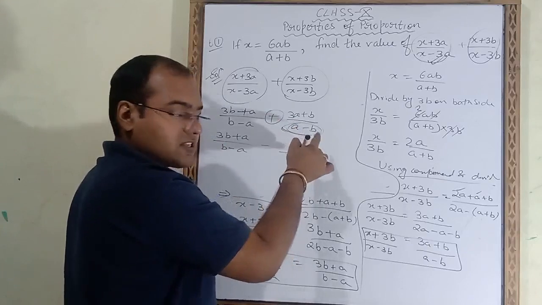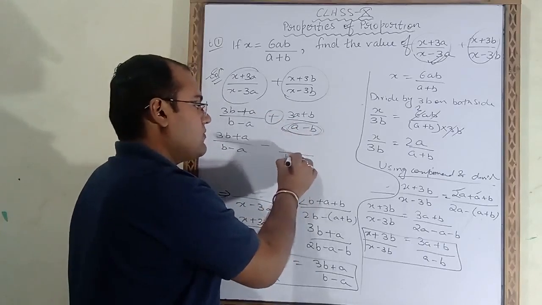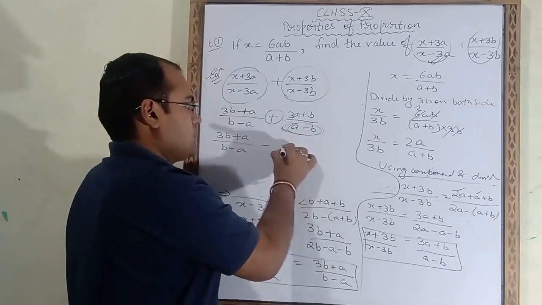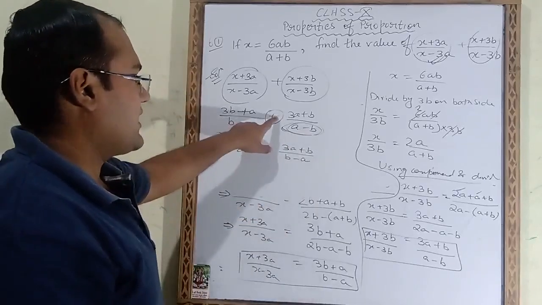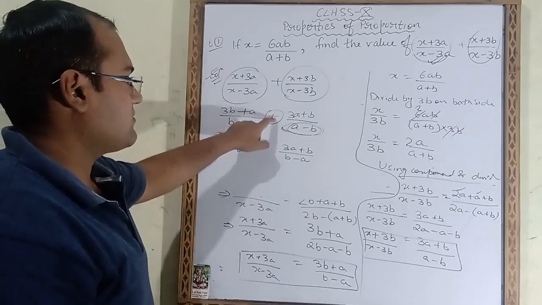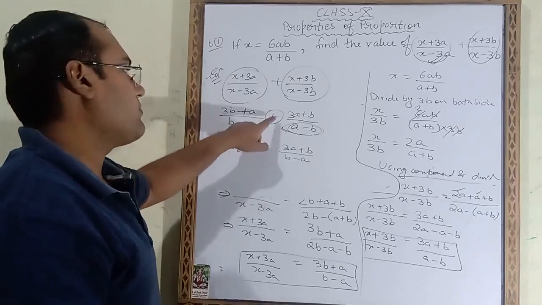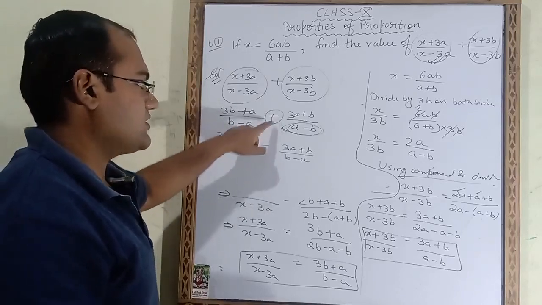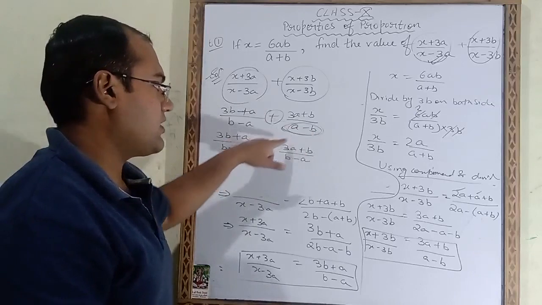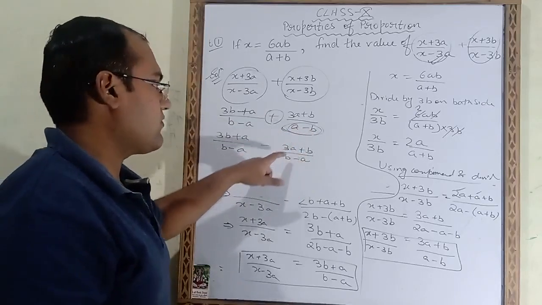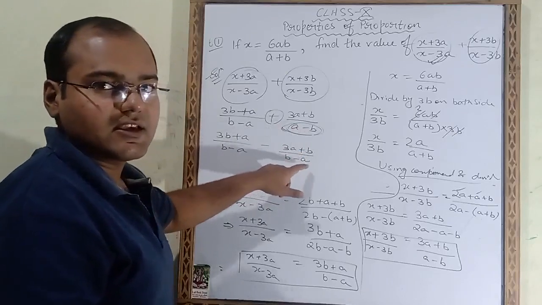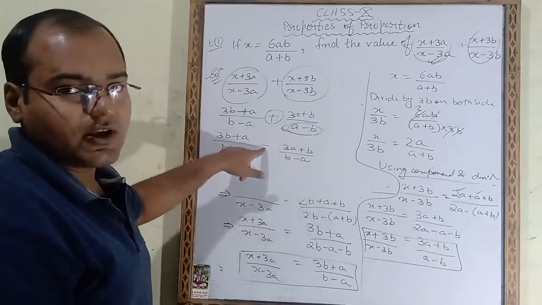Plus a minus b was there, instead of a minus b we will take b minus a, 3a plus b. So like this also you can do. Directly we will change the sign of this positive into negative. Because of this sign we are changing, we have to change the sign of the denominator terms also. So a minus b was written, but instead of a minus b I have taken here b minus a, because here I have changed the sign.